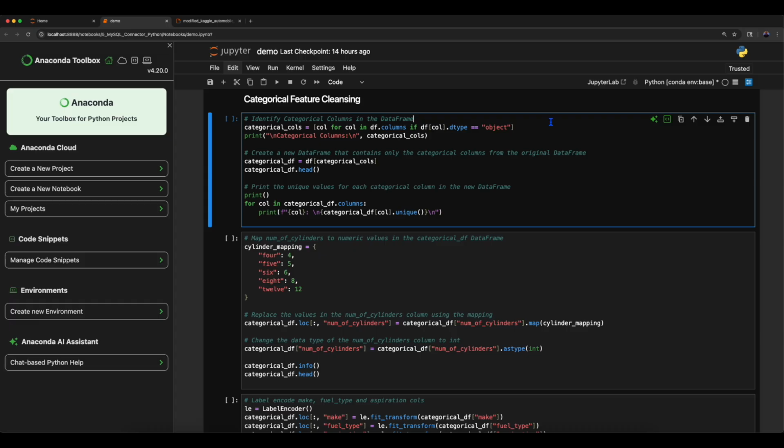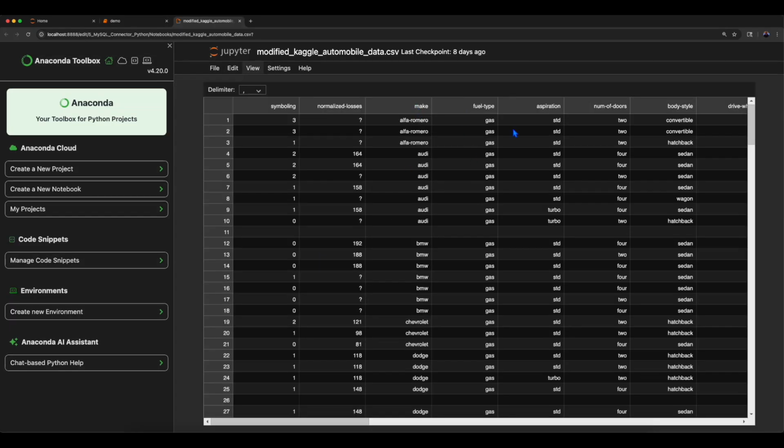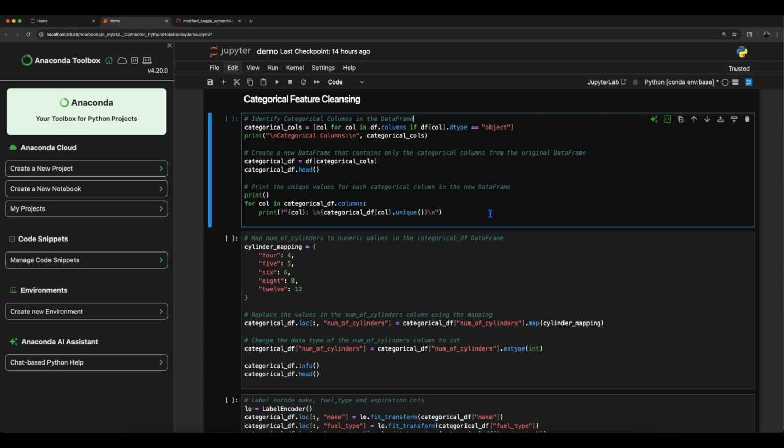Now, because models work best with numerical data, I want to change the categorical columns, which have strings, such as make, fuel type, and aspiration, to numerical values. So first, let's go ahead and get a list of the columns that have a data type of object, which again are represented as strings in the data. Then I'll create a new data frame containing those categorical columns. Then we'll print head, and then for each of those categorical columns in the data frame, we'll print the unique